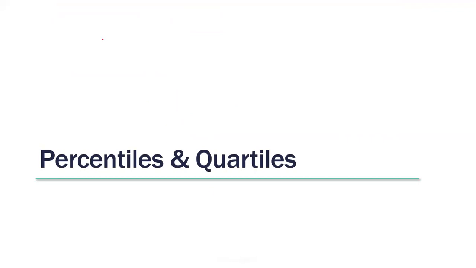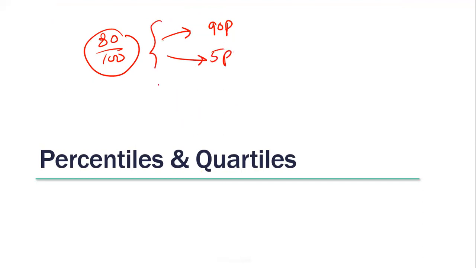Which one is better? Telling you that I got 80 out of 100, or telling you that I got 90 percentile or 5 percentile? Which one will help you make a better decision? Where can you take a better informed decision, by knowing the percentile or by knowing the actual value? Percentile. That is the reason why some universities and some exams don't care about the original marks. They always tell you the percentiles. Do you agree with that point?